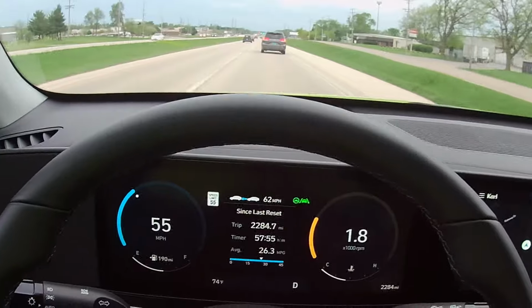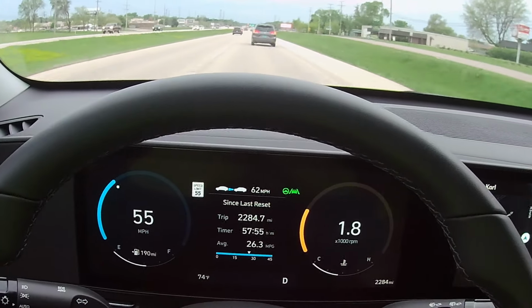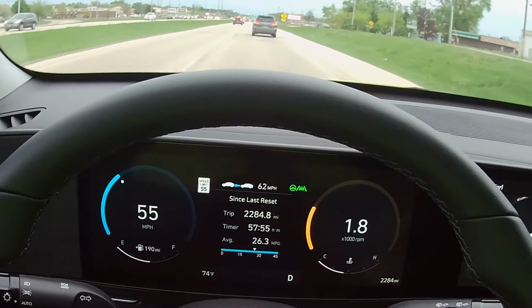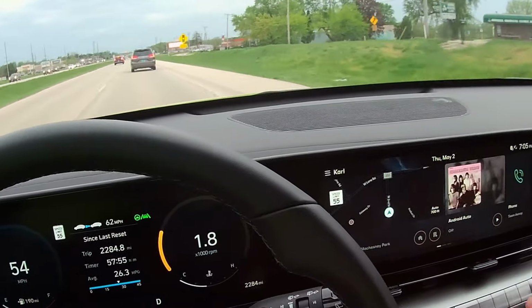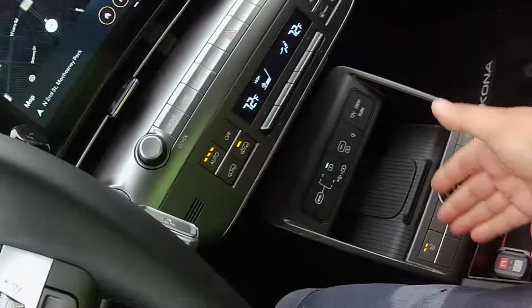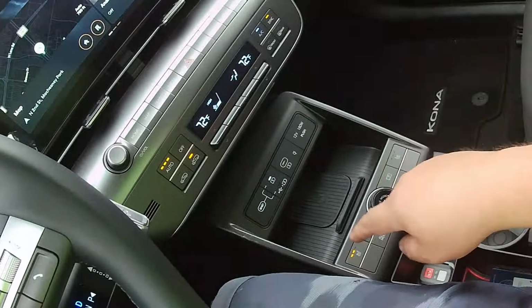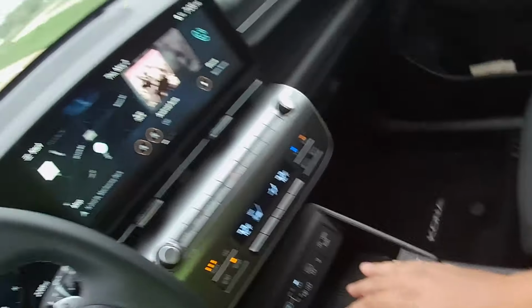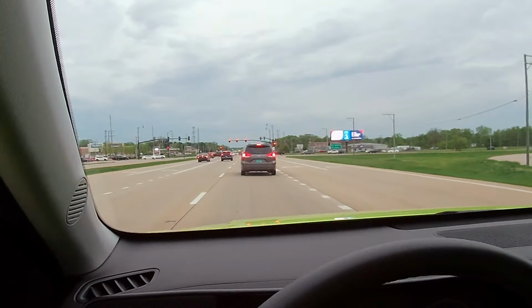For the price, I mean, the driving assist technologies work really well. As you can see, it's been steering itself as we've been going along here. The radio works good. The navigation system works good. The climate system works good. The heated seats are fantastic, which was my big thing for buying this package specifically, because again, car companies, they